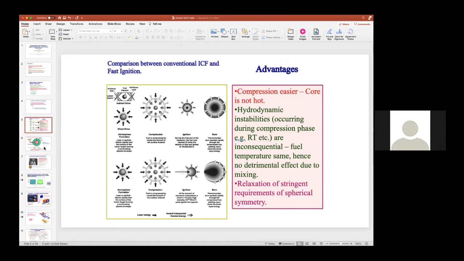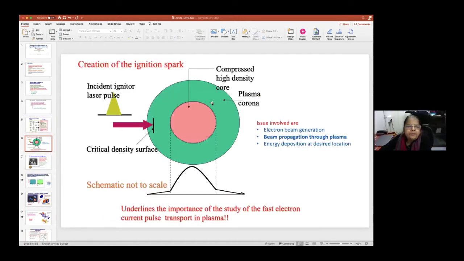I see. Okay. So you can understand this from this schematic. You compress the target, and so it has a plasma corona. So target is something like this, and it's not to scale. So you have a high density compressed core, and there is a tail. So the igniter pulse stops here and generates energetic electrons, and you want the energetic electrons to stop inside the core,